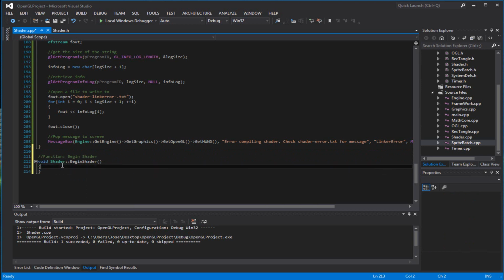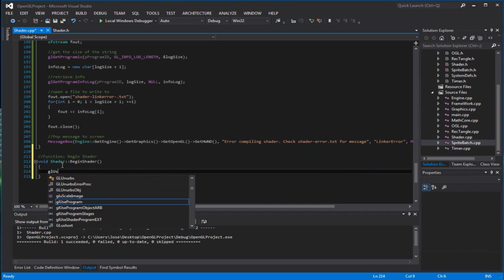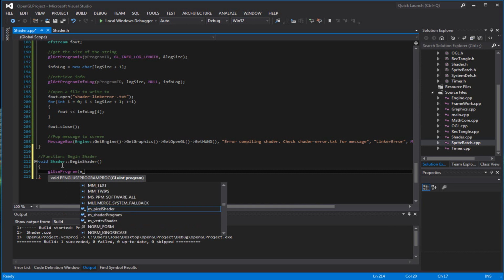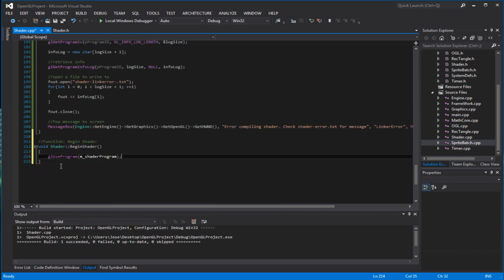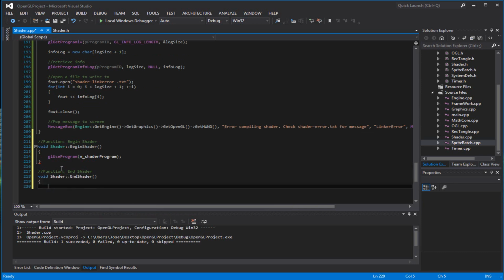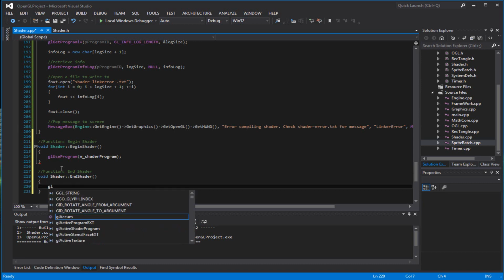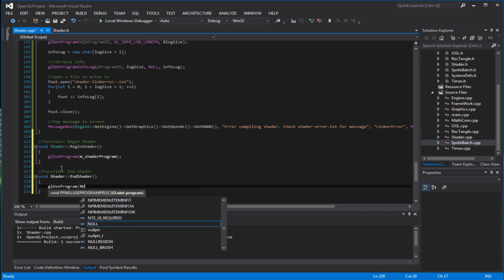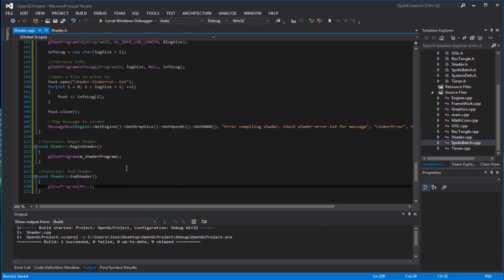And we're going to use the GL use program, it's a really one line thing, and you want to use the M shader program, and the other one is the end shader, which is similar, just that it will pass in a 0 on it, or you can use null,